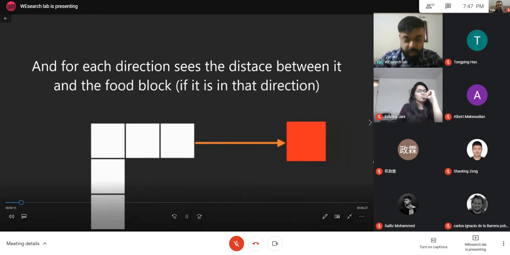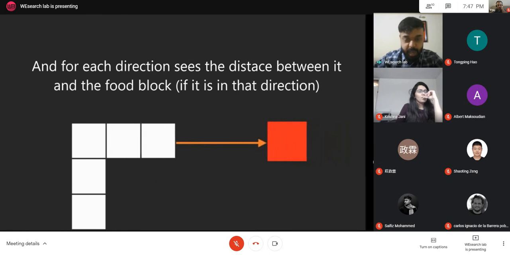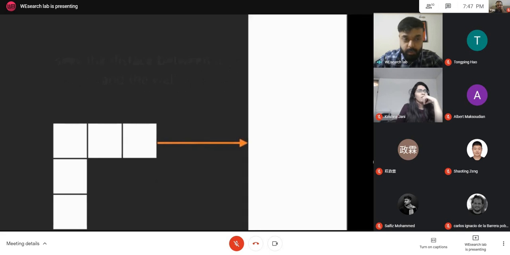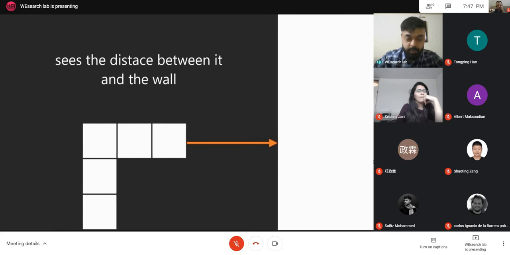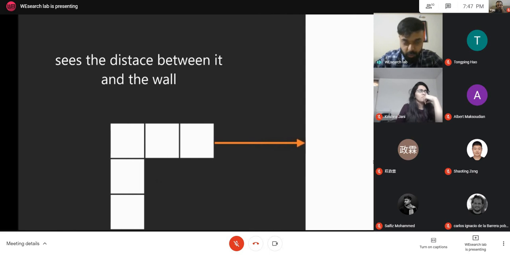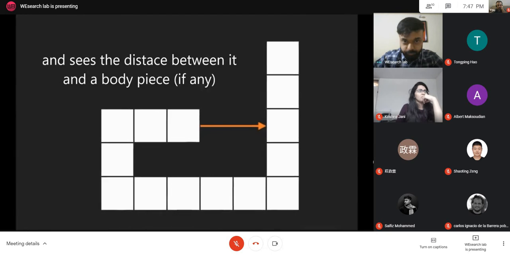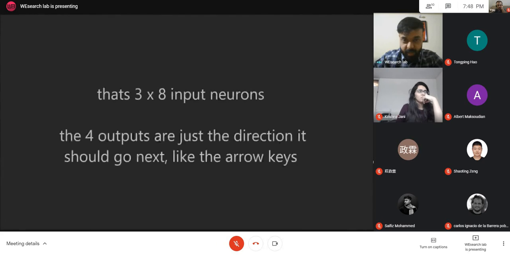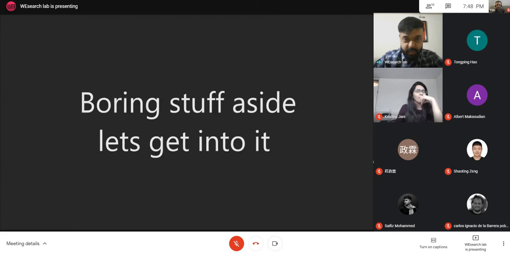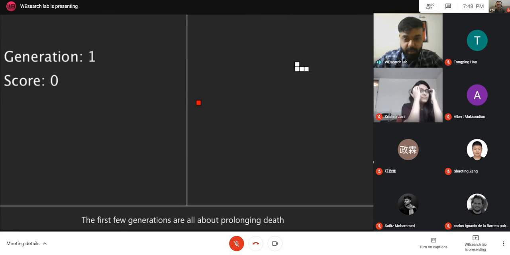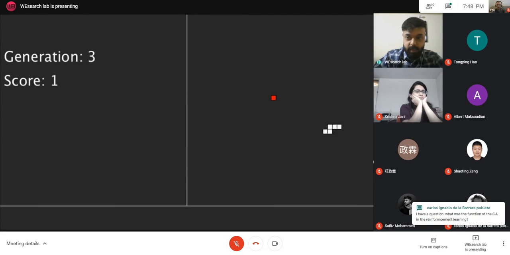And of course, it also calculates the distance of its head to the position of food, and also the distance to the wall. And lastly, distance to itself, and then it decides in which direction it needs to go. So as you can see, in the first few rounds, because